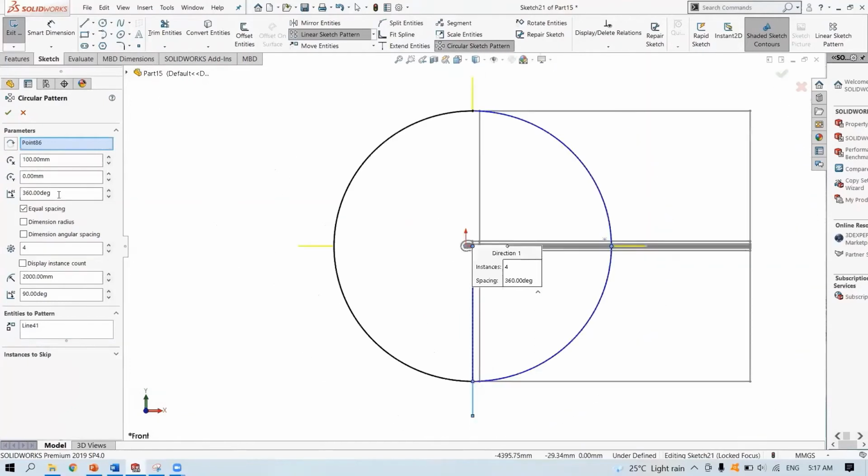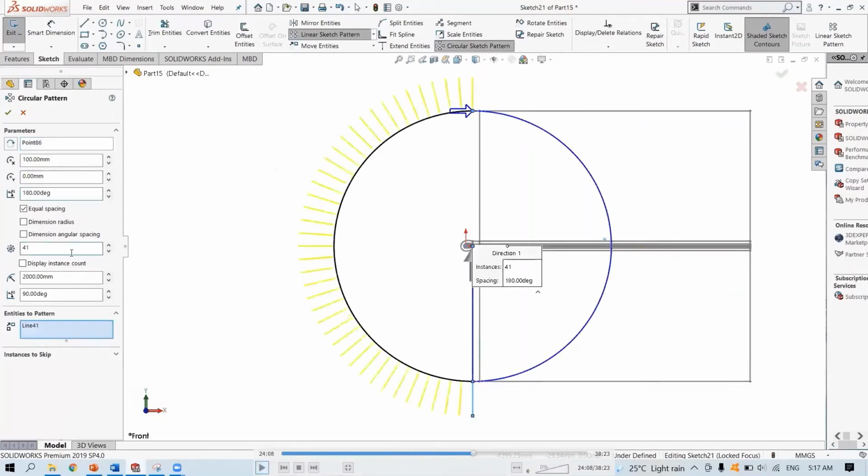Now it is 360. I don't want that. I just only want half of it, 180. And since we did 20 points on the top part of the F wall and 20 on the bottom, so we have one at the leading edge, so we can have 41 lines like this. The reason why I did this is because, let's say when I want to draw the guide curves, I know that it is always normal to this semicircle. Okay.